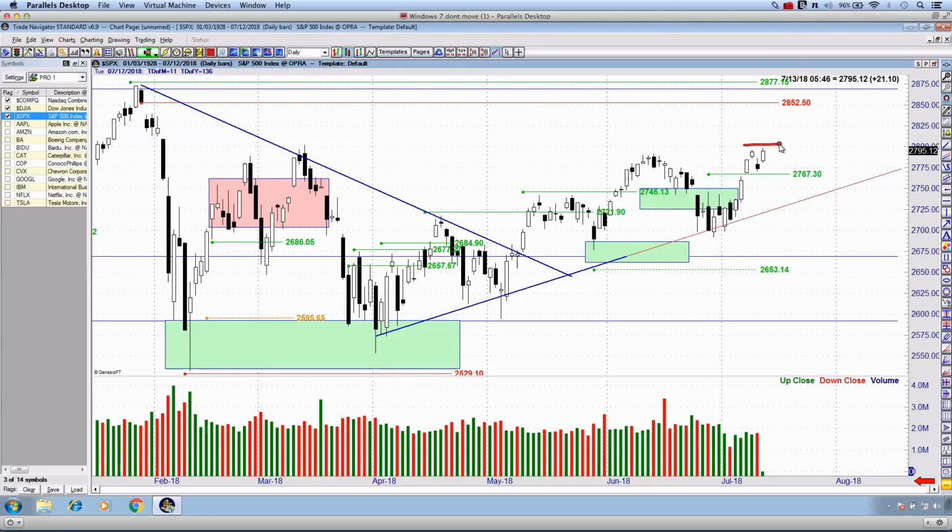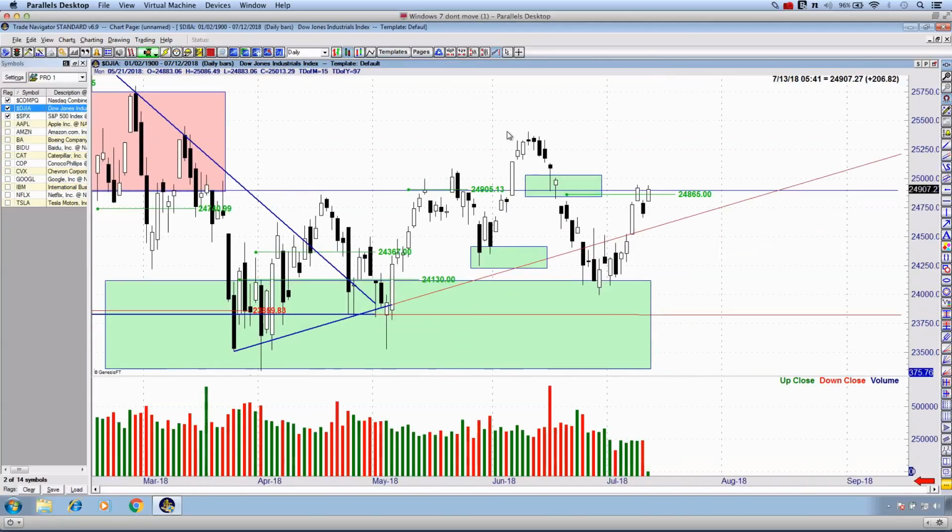and if we do see follow through, the follow through could be very quick, it could be very abrupt, and even by next week, we could see the S&P 500 rallying all the way back up and closing this open window once again at 2,852. Now, what we didn't see, however, was the same sort of technical structure set up on the Dow Jones